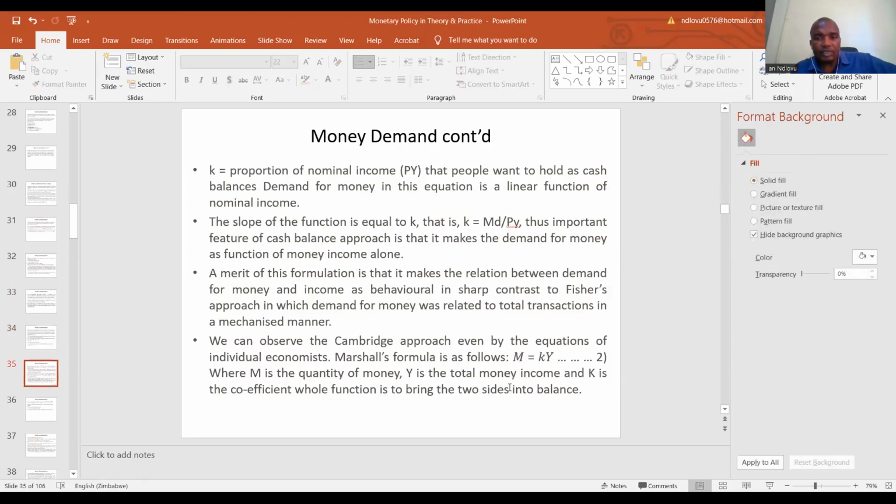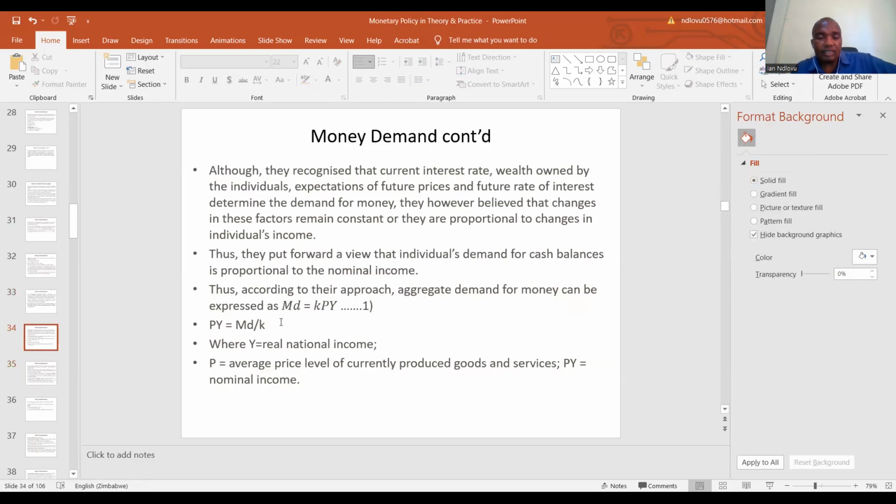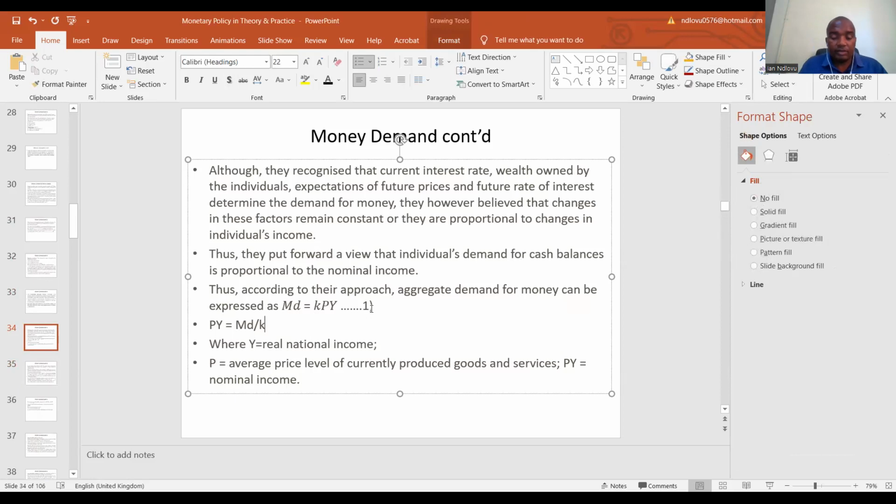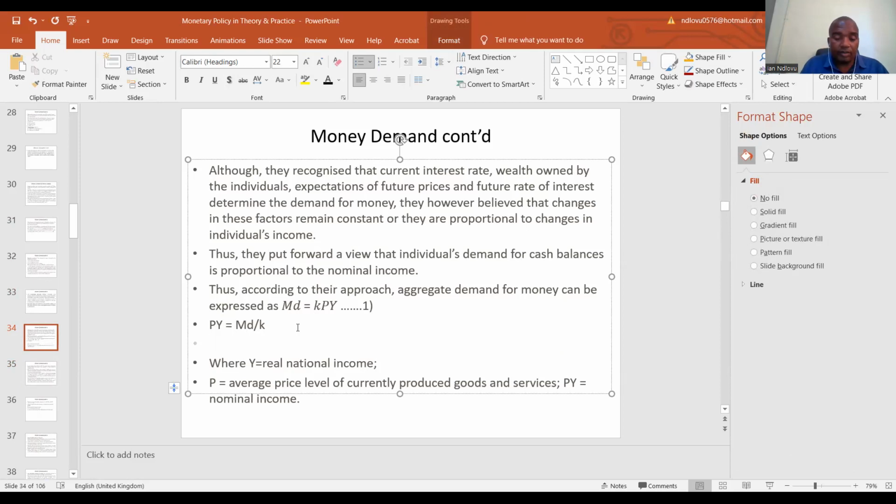We can also make k the subject of the formula. That is true, PY is equal to Md over k, but if we want k,